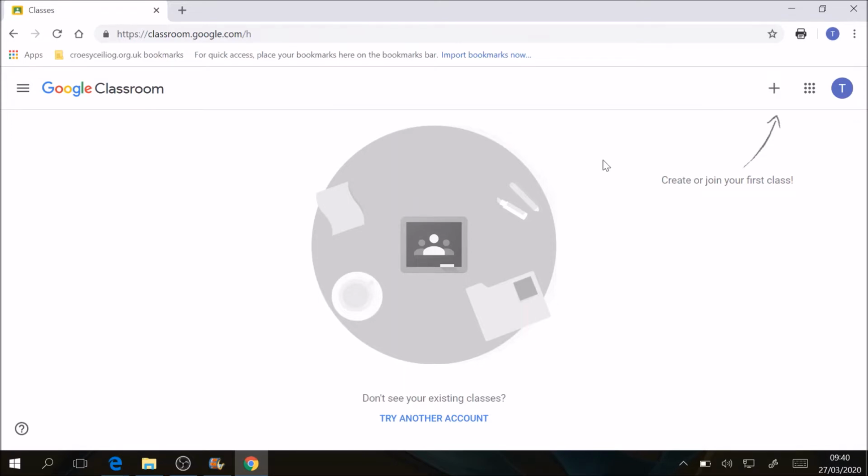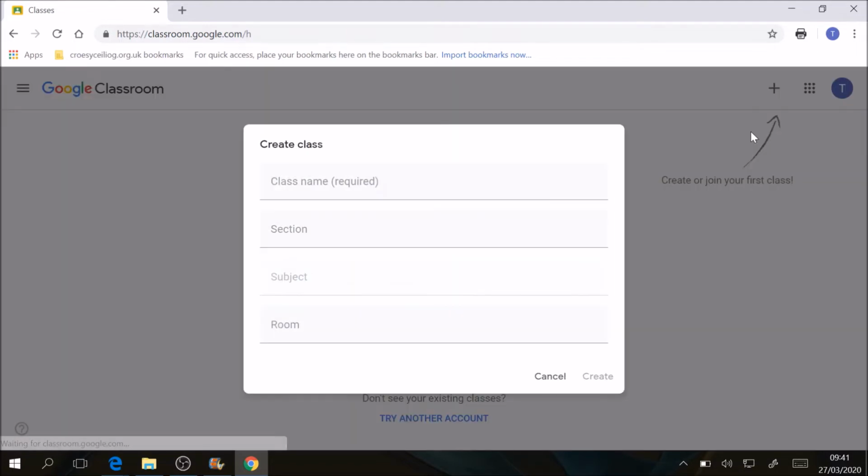So once you go in, you accept the terms and conditions. It comes up, are you a teacher or are you a student? You choose teacher, and then you're going to press this plus button here to join the class or create a class. You're going to create the class obviously for the students to access. So if I choose create class, then it comes up, what's the name going to be? I'm going to call this Google Training,